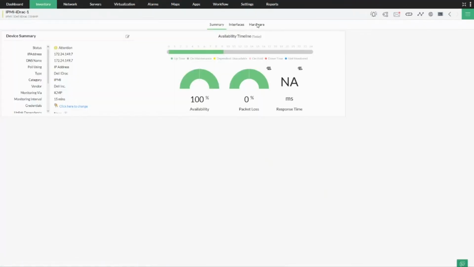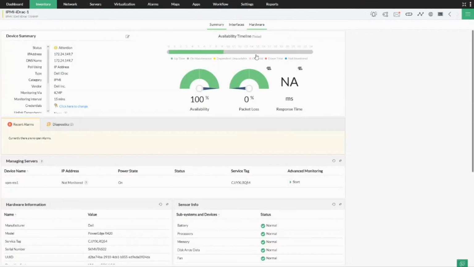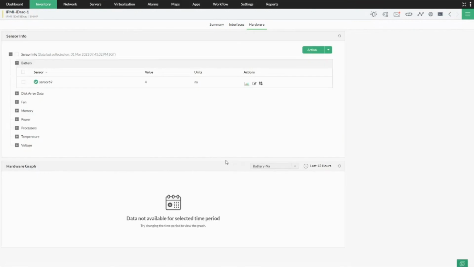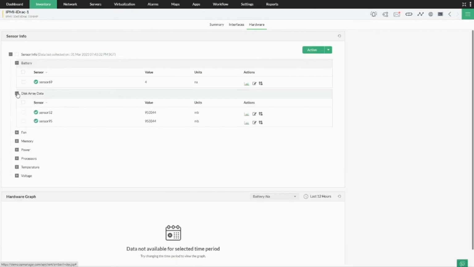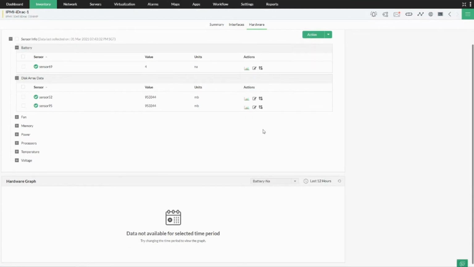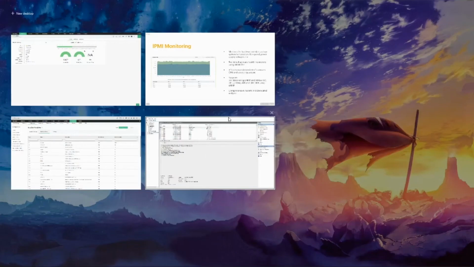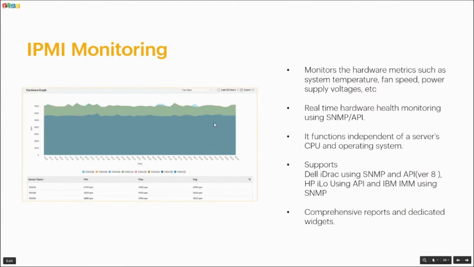For example, in terms of monitors, the manufacturing hardware information, sensor status, and also when it comes to hardware-based monitoring, the actual status of each individual sensor and how things are happening. If I want to take a necessary action, I could very well do so and proceed accordingly. And the same goes for all the other IPMI monitors for iLO or iDRAC devices which I am monitoring using OpManager.